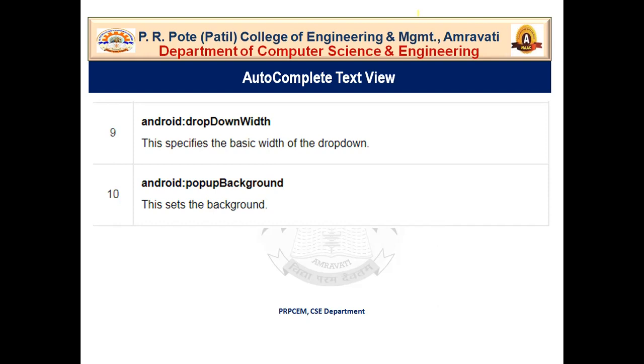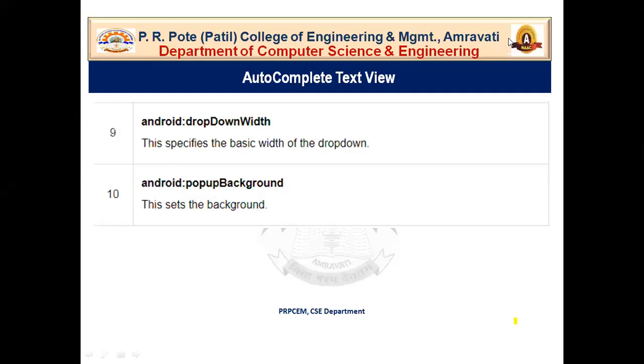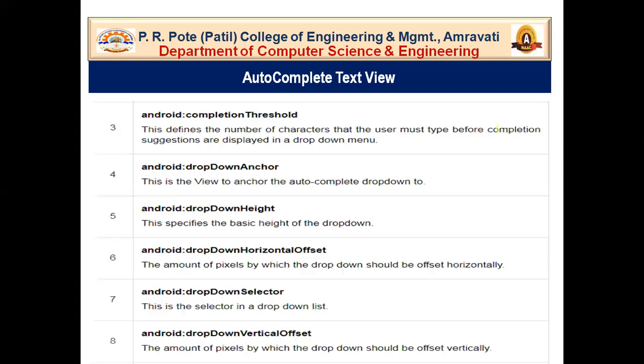Then android:popupBackground. This sets the background, like an image or some static images that you want to set in your background, by using this particular property. So these are the 10 attributes or properties of autocomplete text view.